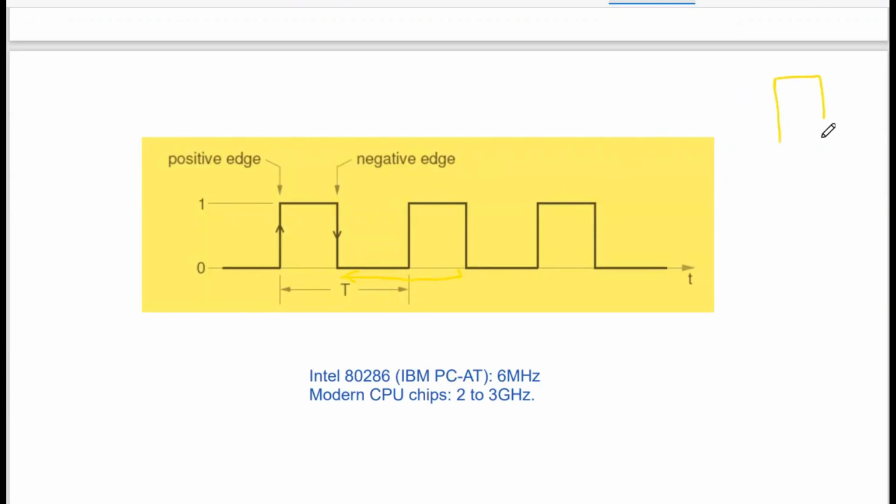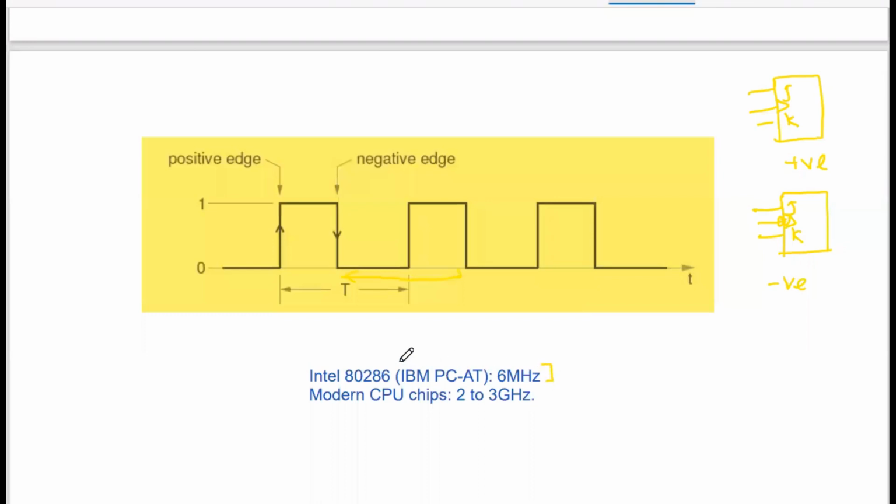Suppose this is your flip flop, this is your JK, and if this is the symbol, that means it is positive edge triggered. On the other hand, if you are having JK and here you put a bubble like this, then this is your negative edge triggered. This is positive edge triggered. Recently this is the processor with 6 megahertz